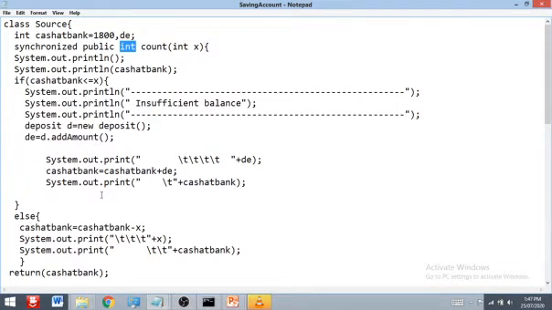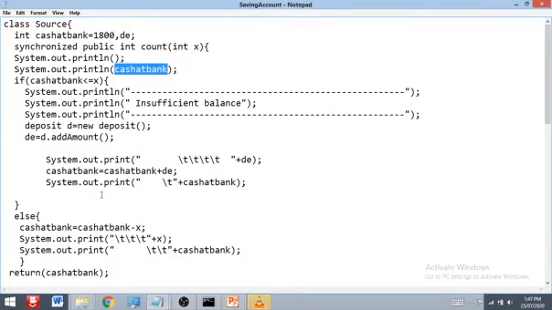Then int means the method returns an integer value, then a valid identifier name for the method, and then int x, meaning we pass one parameter. Then System.out.println, only one line that I want to leave, and on the next line I am going to show cash at bank.